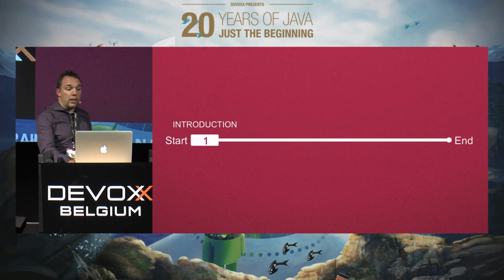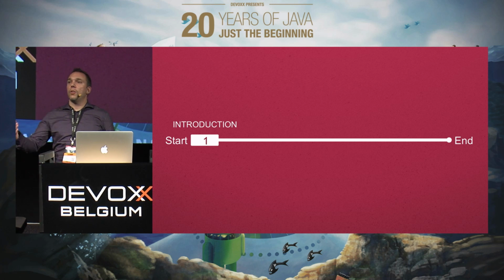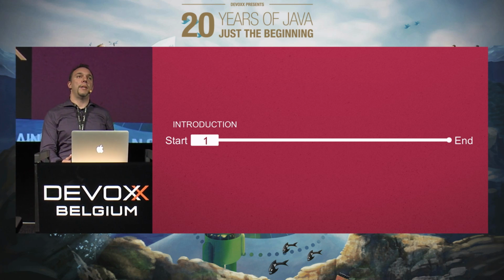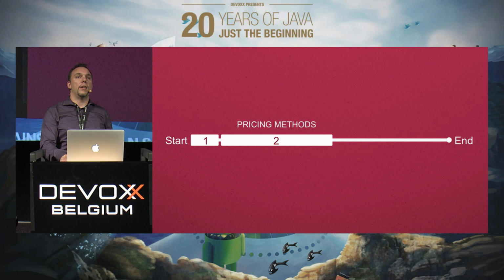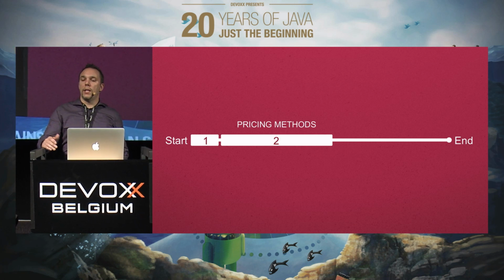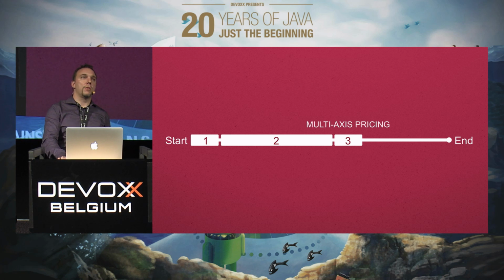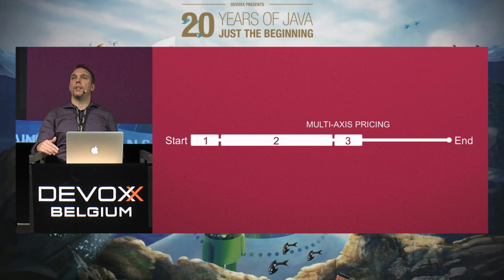Just my agenda. I'll have to go through a little bit of economics before all the rest follows, because there's a basic understanding of economics you need to have in order to appreciate pricing most. Then I'll show 11 different ways to look at your pricing. I'll talk about a bit of multi-axing prices, especially in online services and software as a service. You find a lot of companies doing that.